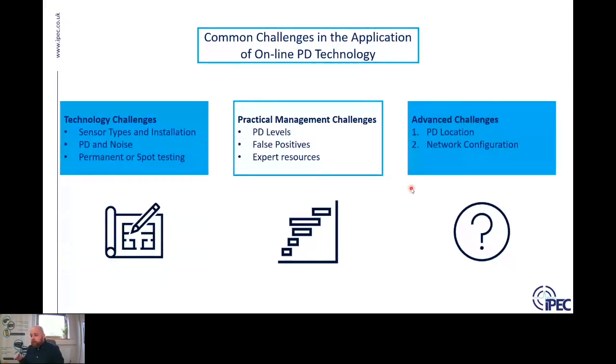Now, I was having a discussion with my colleague earlier on. Advanced challenges, I could list 2 or I could list 102. When it comes to advanced challenges, these really are different considerations when you come across unique situations. Or common situations, in fact, but I suppose it's where you need to have a little bit more in-depth knowledge of application of PD. So I've taken just 2 as an example in this case, but like you said, there